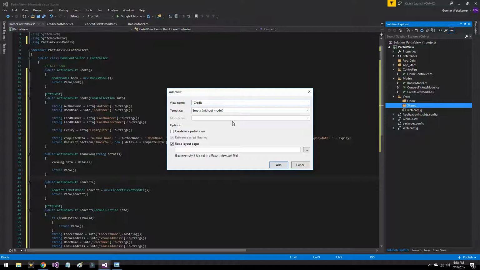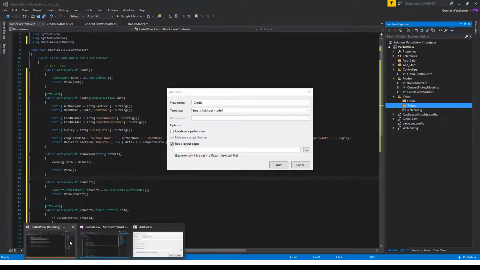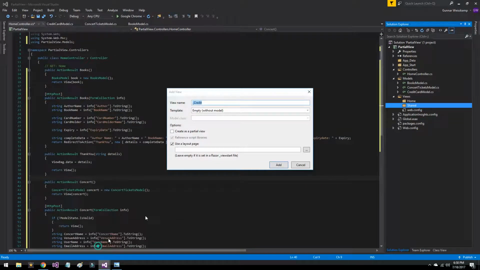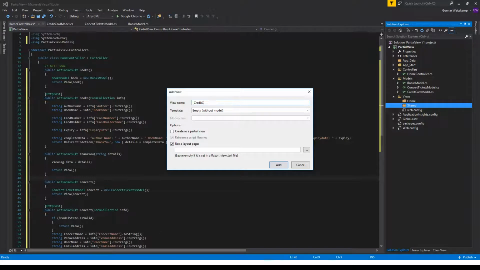Credit card. Oh god, I've already forgotten, sorry. Yeah, credit card, okay. So that's the name of our partial view. We won't be using a layout page obviously, but we are creating it as a partial view. We are wiring up a model to it,